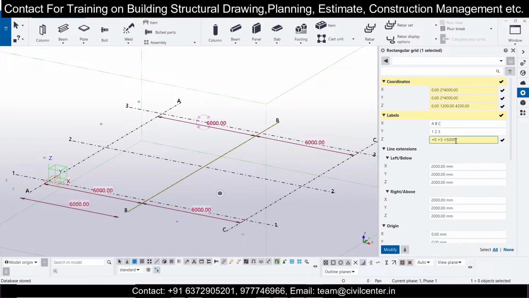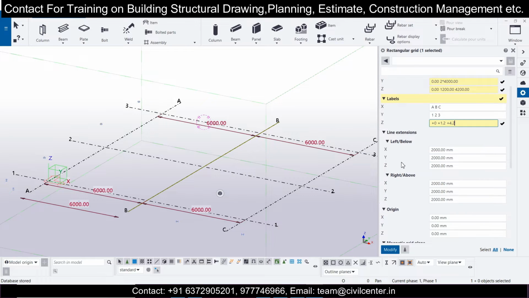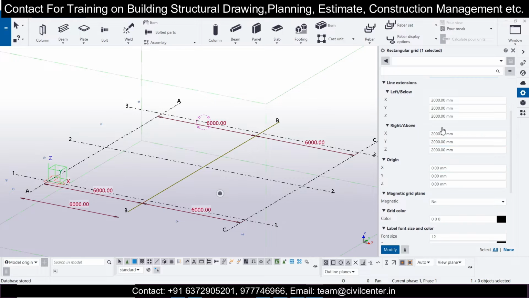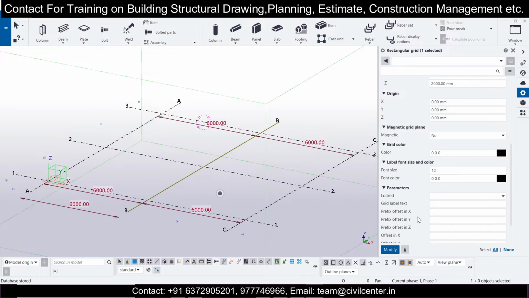You can name these anything. And line extensions and above also you can change as per your preference here.